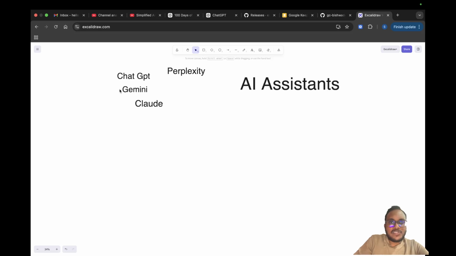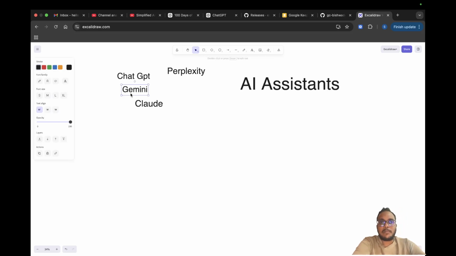Then coming to Gemini. Gemini has a multimodal structure where you are able to create video with the use of Veo, which I'll be covering at a later point of time, or an image model. You can create any kind of model over there and also use it for daily purposes. Say you want to create a GIF or image or video, you can do it with Gemini.